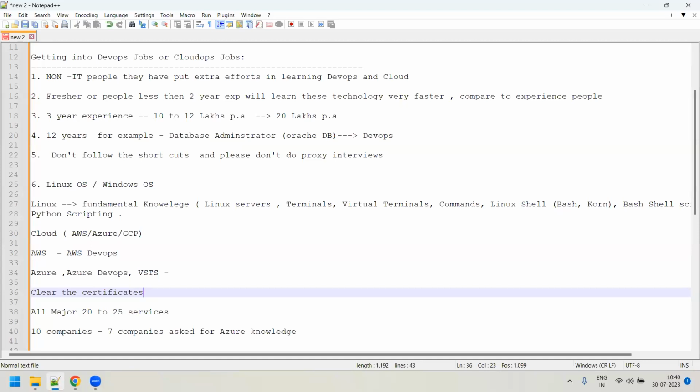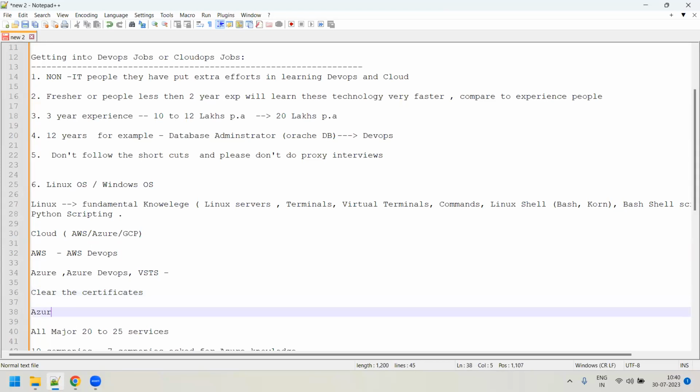And I would rather expect, guys, from everyone, that please do the AZ-104 certification. AZ-900 is a very basic certification. You can do it or not, it's left to you. But do the AZ-104 certification. If I'm not wrong, there is also AZ-304 or 305 certification. That is also good. The Azure DevOps certification is also well and good. If you can do the certification, do it.